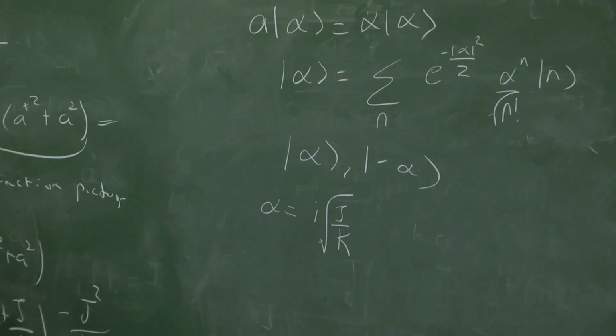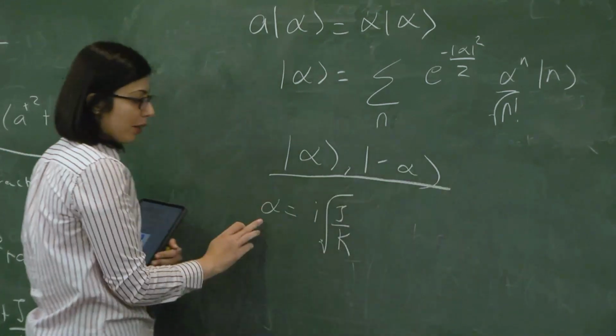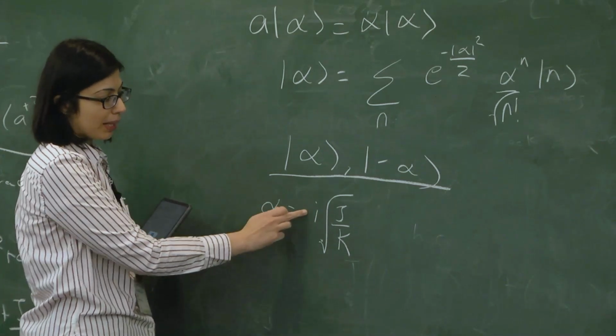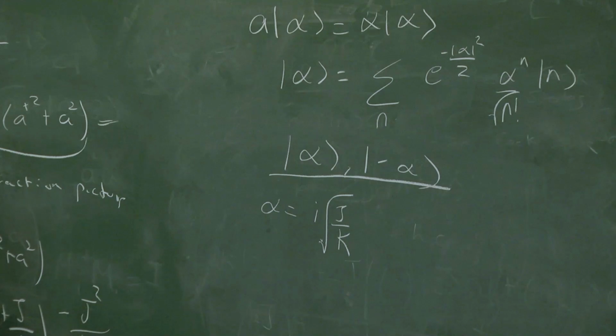If you consider these two coherent states, alpha and minus alpha, where alpha is equal to i square root of j over k, where j and k are what appear over here,